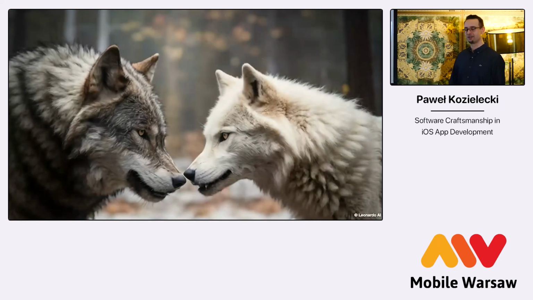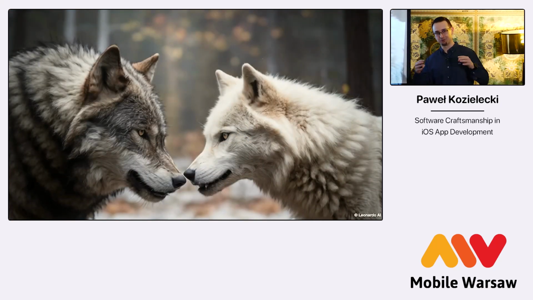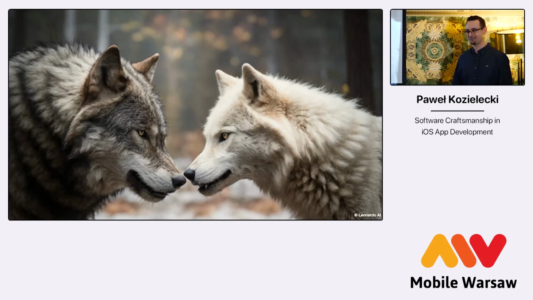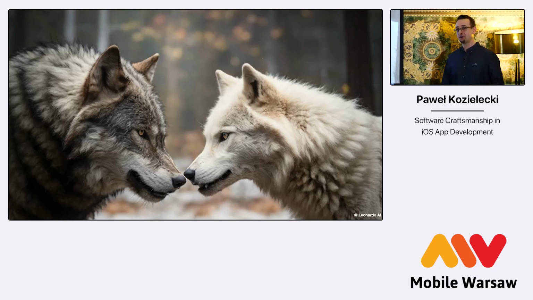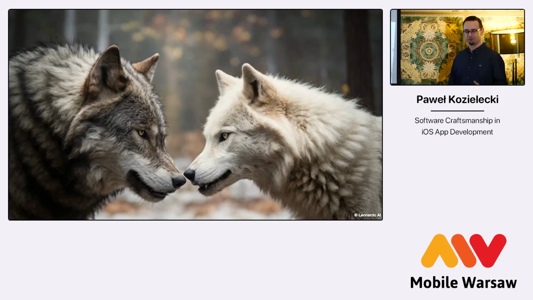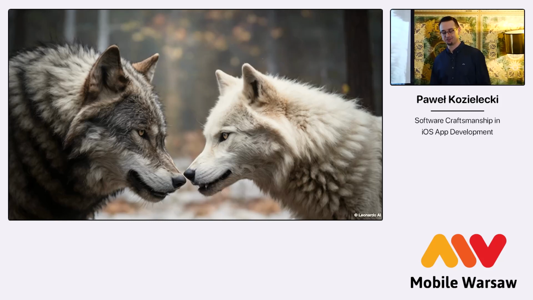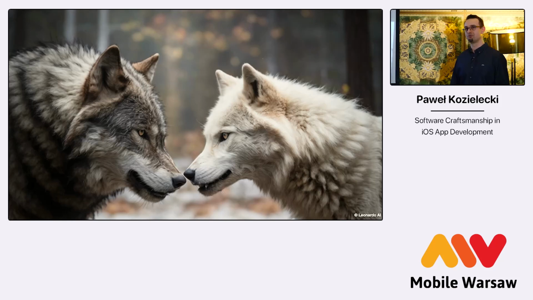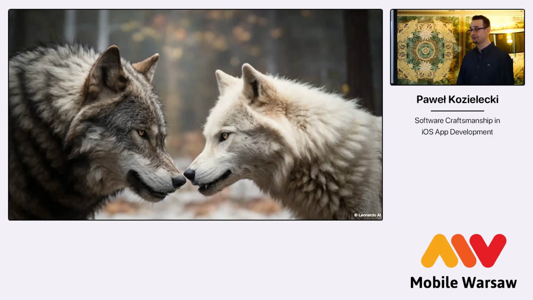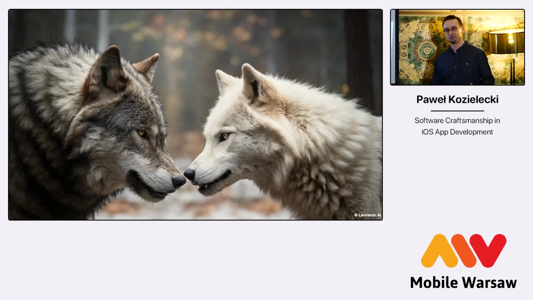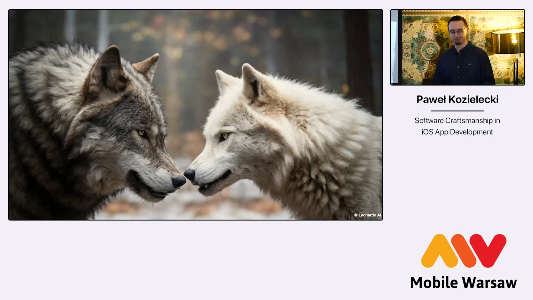You're probably familiar with this legend of two wolves, right? That we have two wolves fighting constantly inside of us, each representing a different element like chaos and order and so on and so forth, right? So it's a bit like that with craftsmanship and being a factory worker. You can't be a perfect craftsman all the time. It's just simply impossible. But you feed one of the wolves with every decision you make during your professional time. And in the end, it's always important that you feed the right wolf most of the time. That wolf will probably thrive.